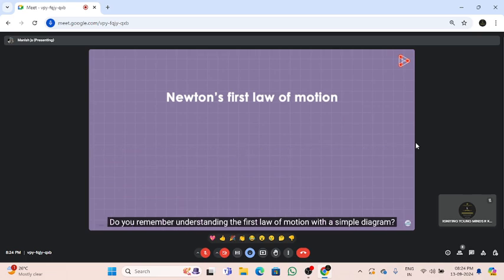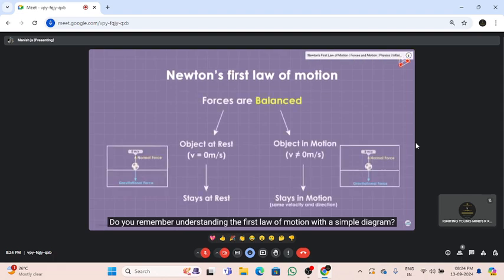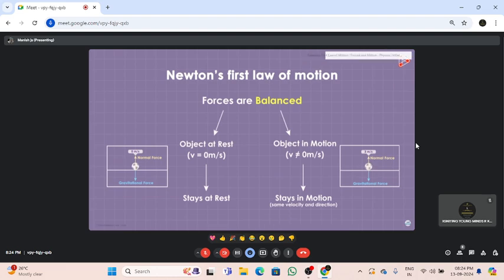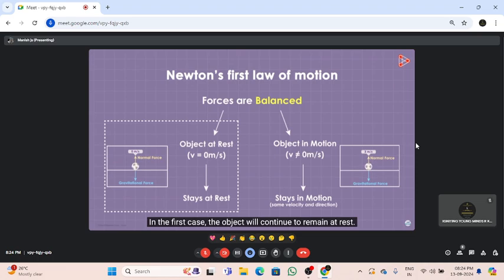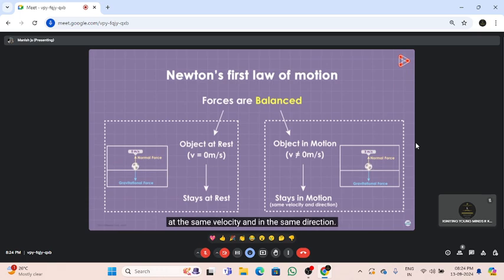Do you remember understanding the first law of motion with a simple diagram? If the forces are balanced, the acceleration will be zero. In the first case, the object will continue to remain at rest, and in the second, the object will continue to stay in motion at the same velocity and in the same direction. Don't forget, these two cases will remain true only if the forces are balanced, only if the net force is zero. Now let's try to create a similar